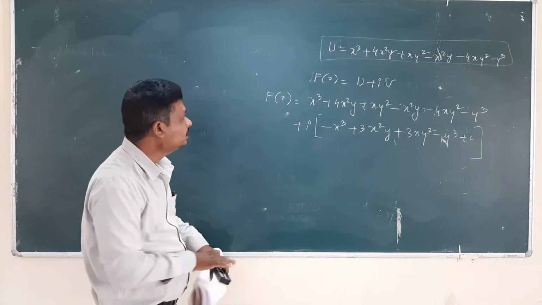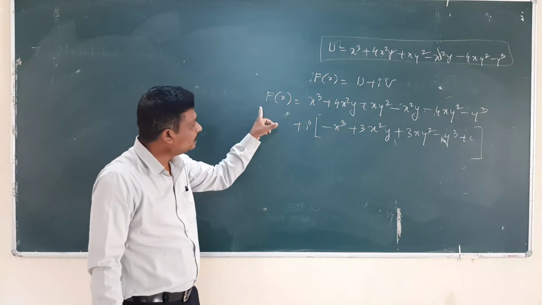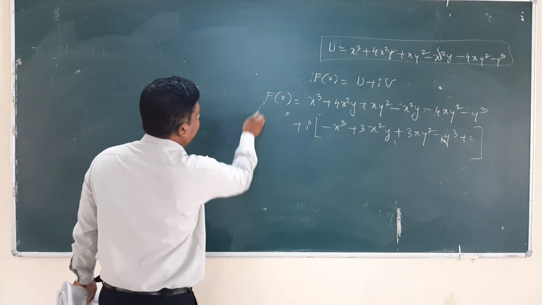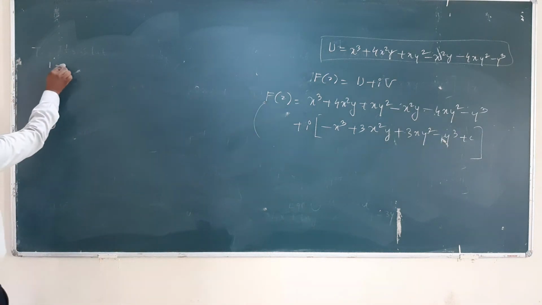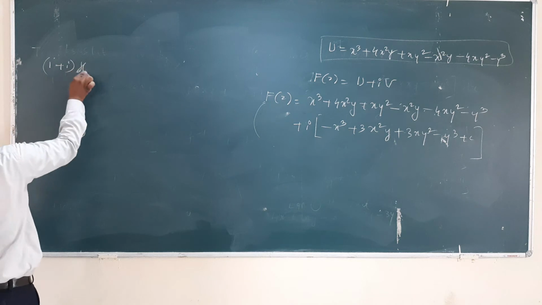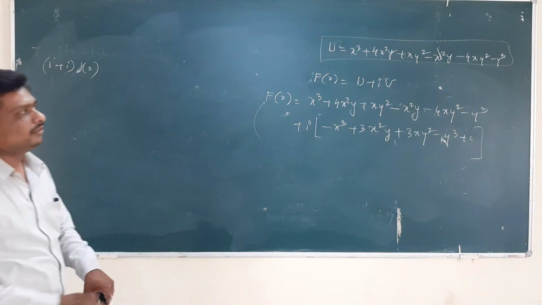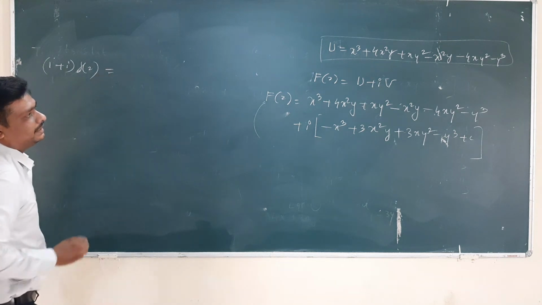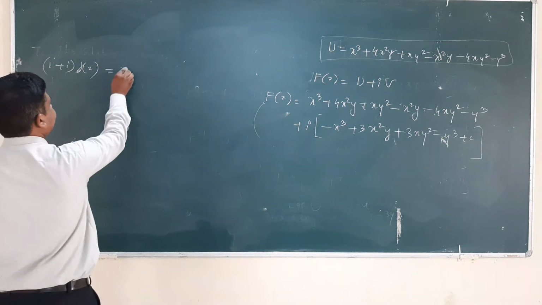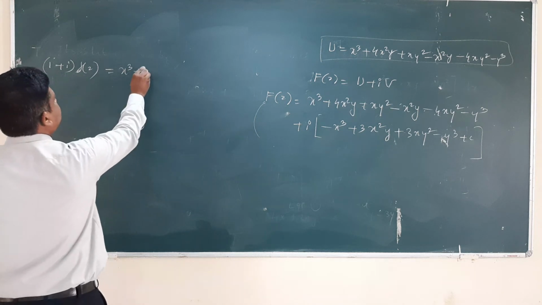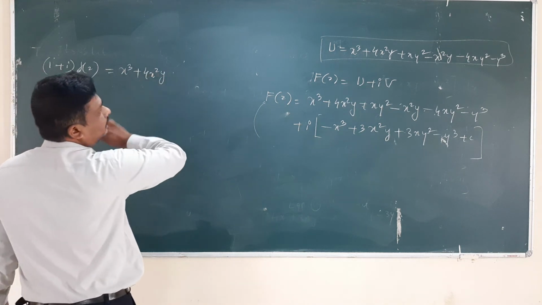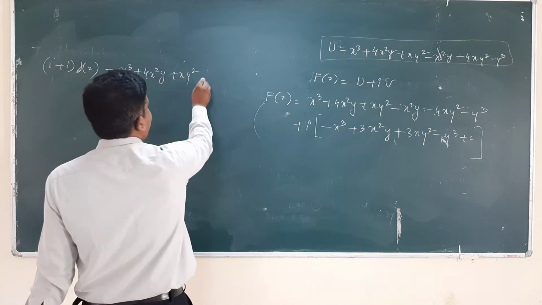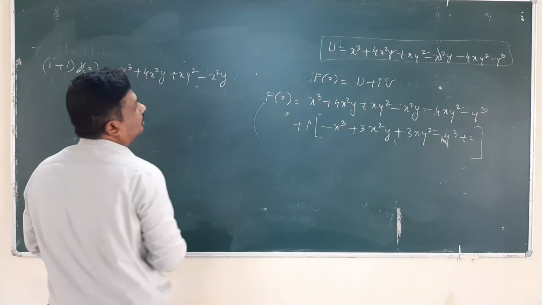So I have replaced (1 plus i) into f of z as capital F of z. So again I will write this one as (1 plus i) into f of z. This capital F of z indicates (1 plus i) into f of z. So this implies x cube plus 4x square y plus xy square minus x square y